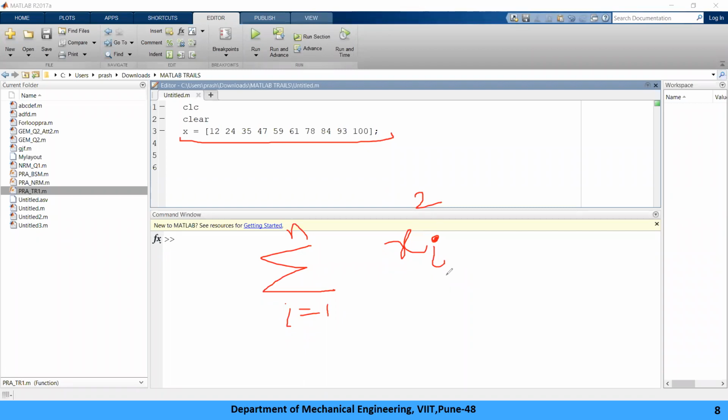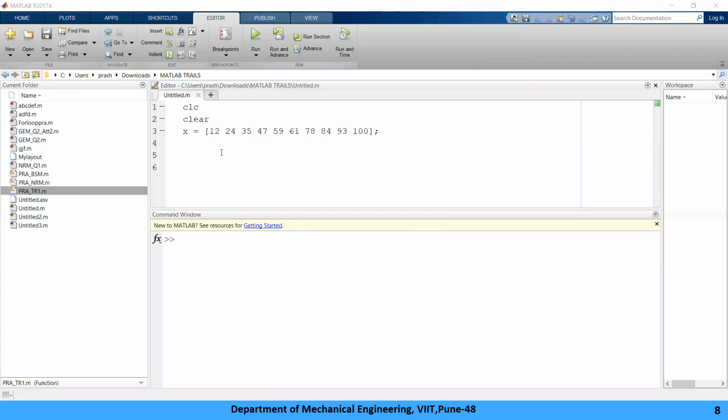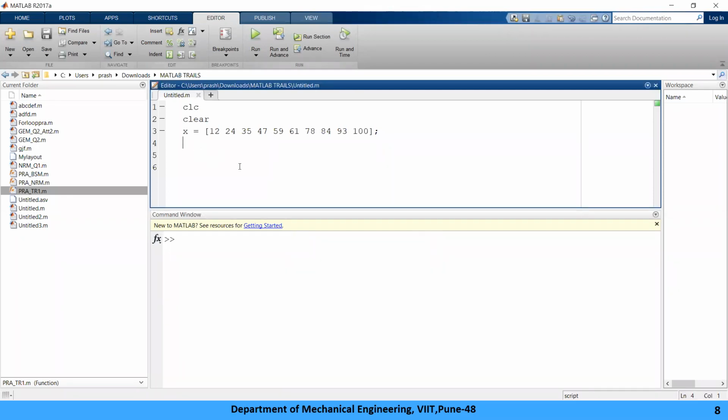Okay, so what I'll do, I'll assign a variable name for this xi square or x square as a y. Okay, and remember y is nothing but summation of all the values of x का square. ठीक है, चलो ट्राई करके देखते हैं कैसे डेवलप करेंगे इसके लिए. Now some of you might find it very easy to do.